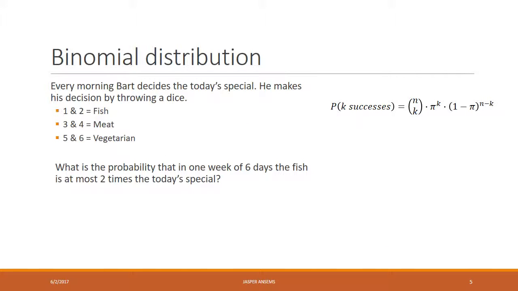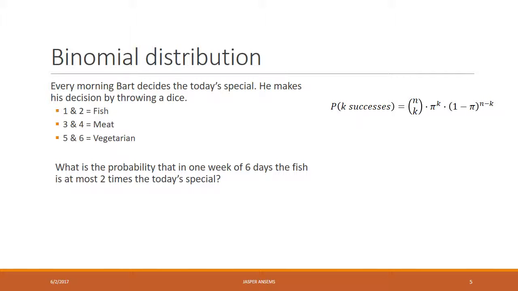Binomial distribution. Every morning Bart decides today's special. He makes his decision by throwing a dice. 1 and 2 is fish, 3 and 4 is meat, 5 and 6 is vegetarian. What is the probability that in 1 week of 6 days the fish is at most 2 times today's